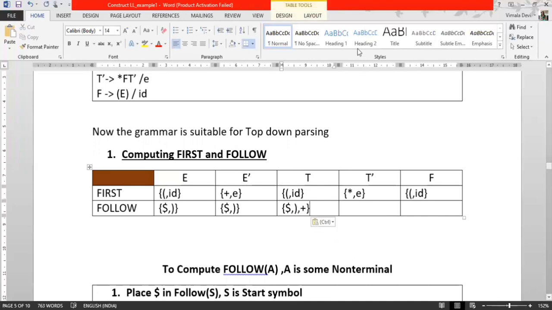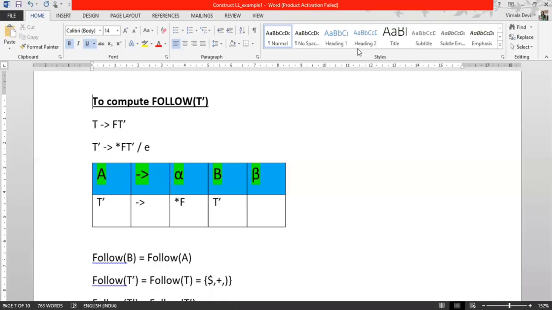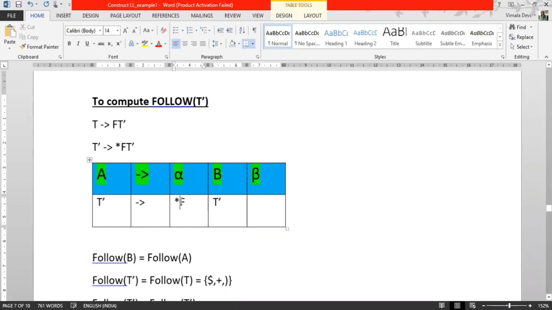Okay, next we have to compute the follow set of T'. To compute the follow set of T', again we are considering these two rules: T derives F T' and T' derives star F T'. This epsilon we can ignore because it does not contain any T' on the right hand side. So first let me consider the very first rule, T derives F T'. Really there is no symbol following this T'. So follow of T' is equal to follow of T, which is nothing but dollar, plus and the close